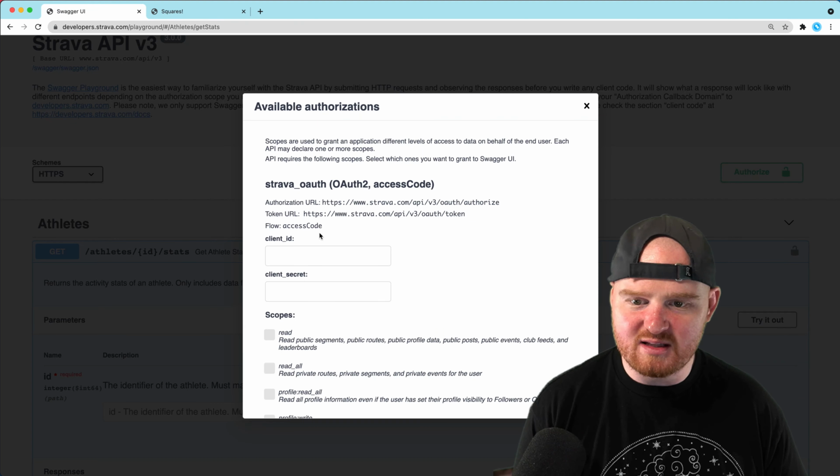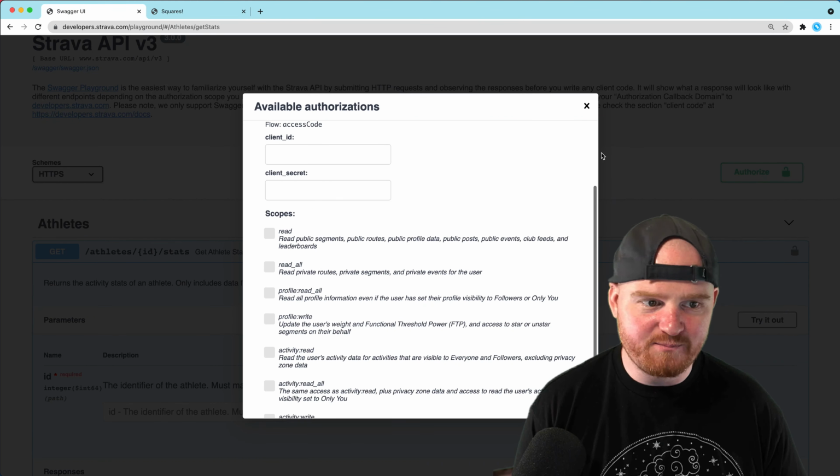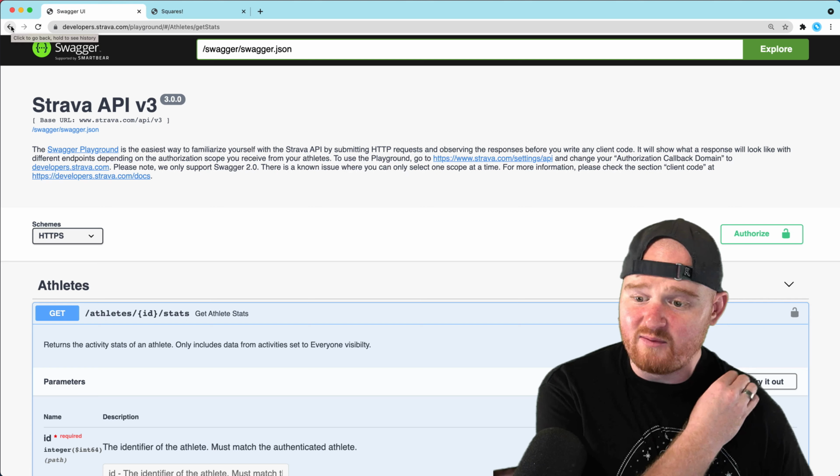I tried using this authorize flow on this Swagger playground for the API ref, and it didn't work. So I don't know what I was doing wrong, but I could not get it to auth, and it was giving me an error or something about the redirect URL. Anyways,